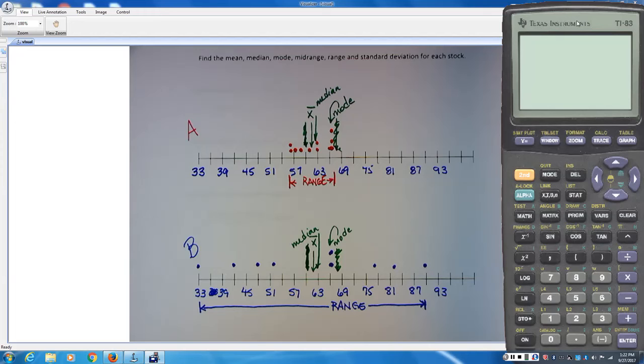This data has a broad range. This data doesn't. This data has a large standard deviation. This one doesn't. It has a small standard deviation. The difference in the range measurement and the standard deviation measurement, how much,